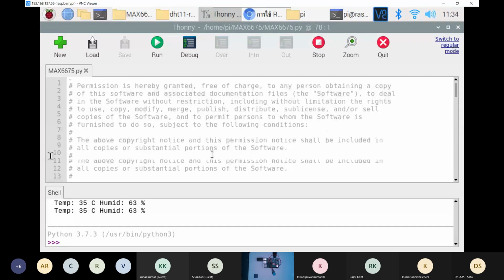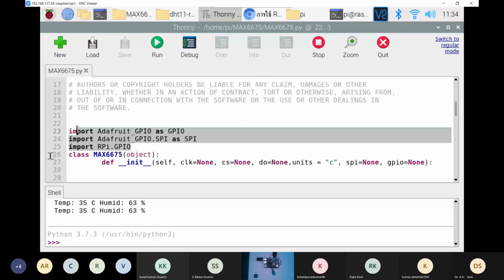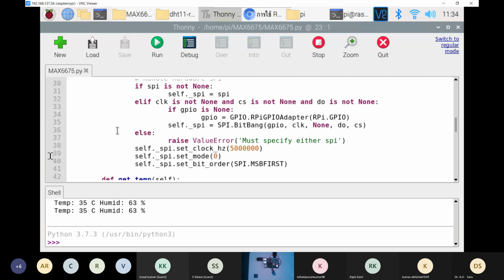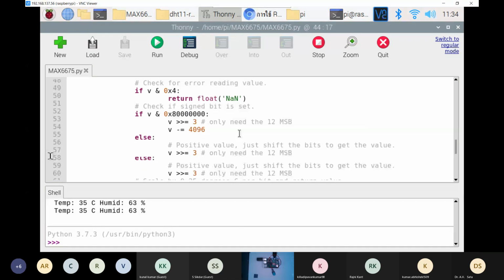So they have this GPIO and Adafruit GPIO, which we installed earlier. Then there will be this function, low card frequency. Also, there are these functions which we're using in a float.